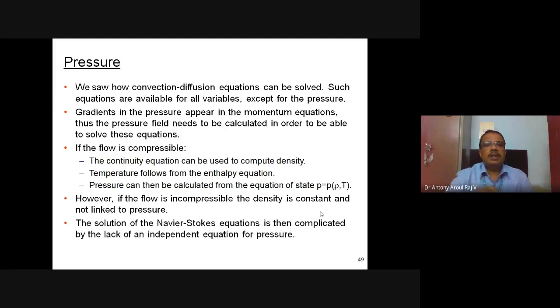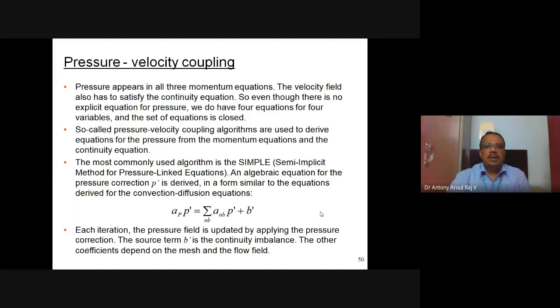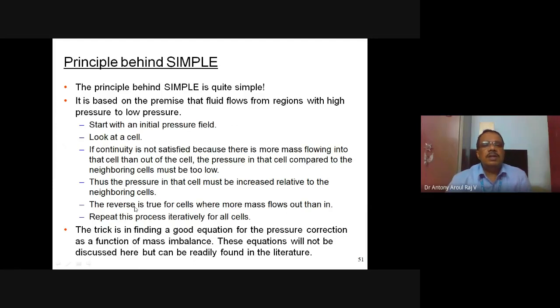And how are we doing that? We are doing the pressure velocity coupling. That is the procedure for SIMPLE. So in SIMPLE, what we are doing, we will be taking